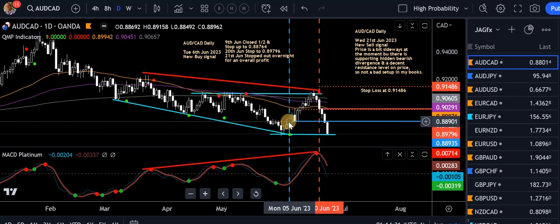So it's 2 hours later. I call the trade. Not much happens in that first 2 hours. Call the trade, take a screenshot, post a trade in the groups, the JAGfx Facebook group, Telegram channels, and Matt